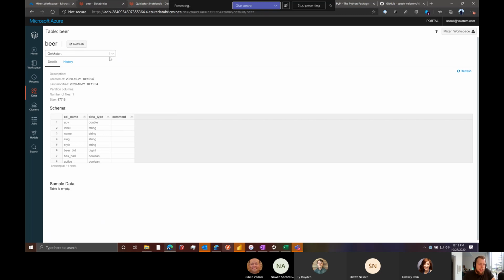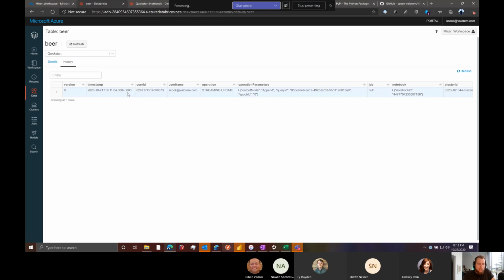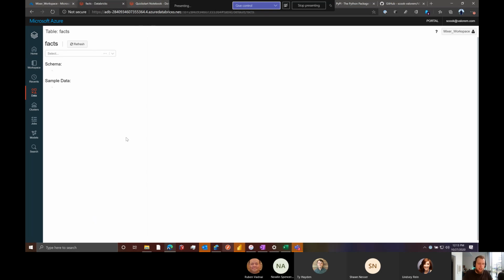So you'll see that what I wanted to call out is we have a number of files and a size here, right? We can also see a history. That's because these are delta tables. And so we can literally see which updates happened on the table. So if we went back over here and, for instance, chose our fact table,